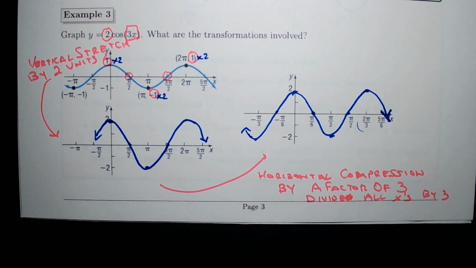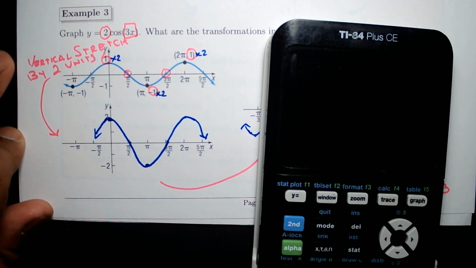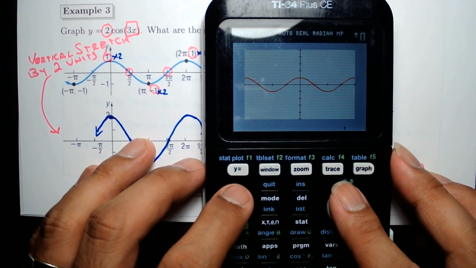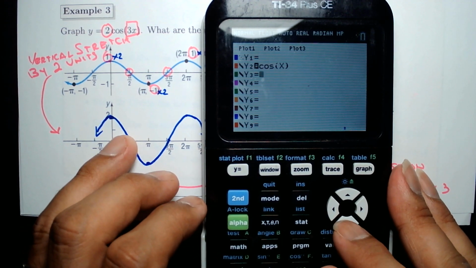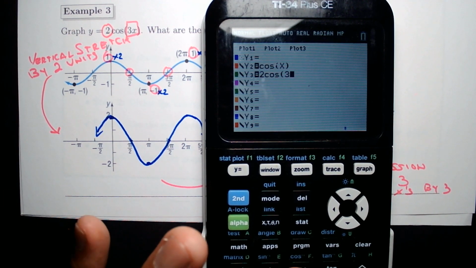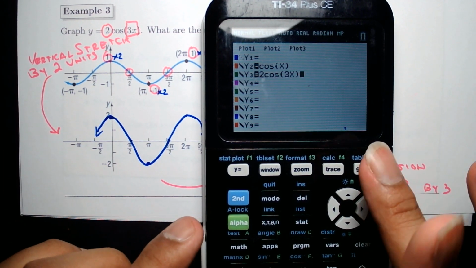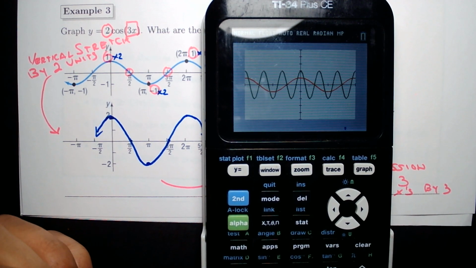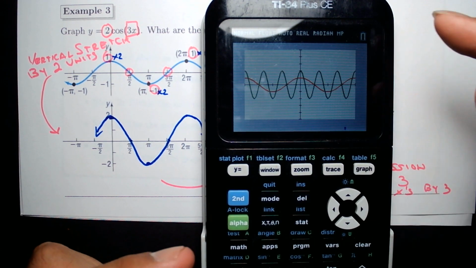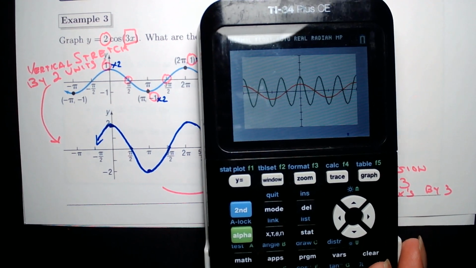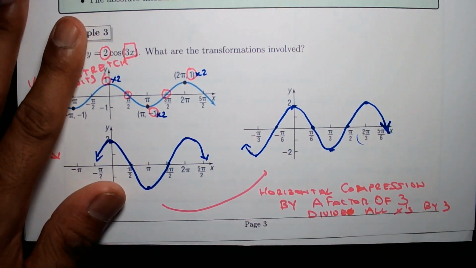Now, again, it'll be better if we put the two graphs together. In this case, we have cosine and 2 cosine of, in this case, 3x. All right, and then graph. Notice in this case, because the x values are divided by 3, it's a compression. The graph is compressed, as opposed to the previous example that we did for the sine function. All right, let's do